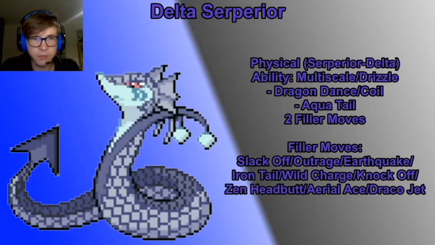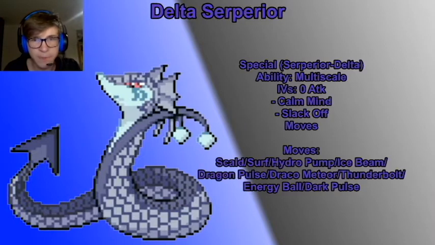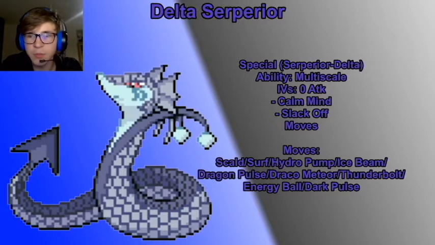Like, I had this thing in the league, so I'll show some sets of this thing later. But I mainly used the last set, which is a Coil Mine set, a special set: Coil, Slack Off, and attacking moves. Those moves could be Scald, Surf, Hydro Pump for Water STAB, Ice Beam for coverage to hit Dragons and Grass types that Water doesn't hit, Dragon Pulse for auto STAB, Draco Meteor is also an option for Dragon STAB, but it does lower your Special Attack every time you use it, but it's a lot stronger than Dragon Pulse. Thunderbolt and Energy Ball both help with bulky Water types, and Dark Pulse,